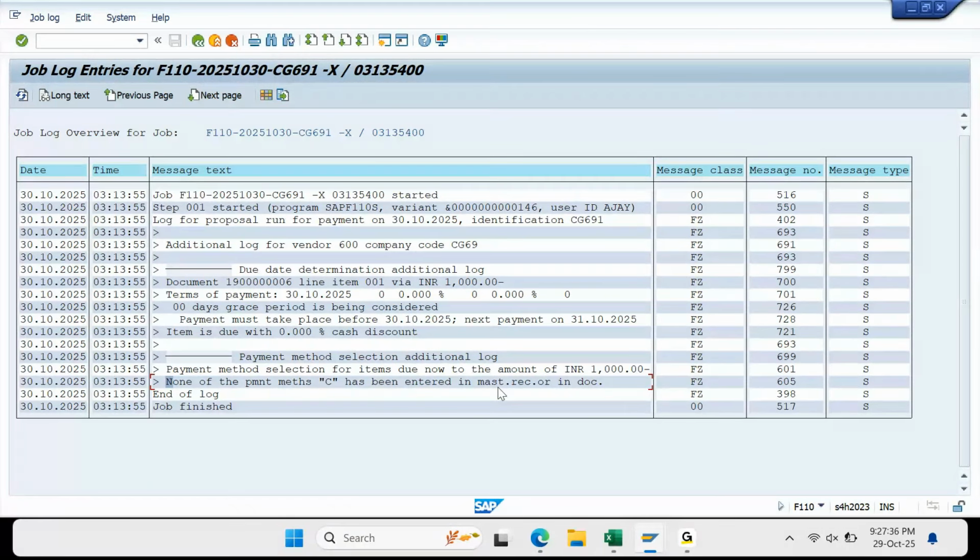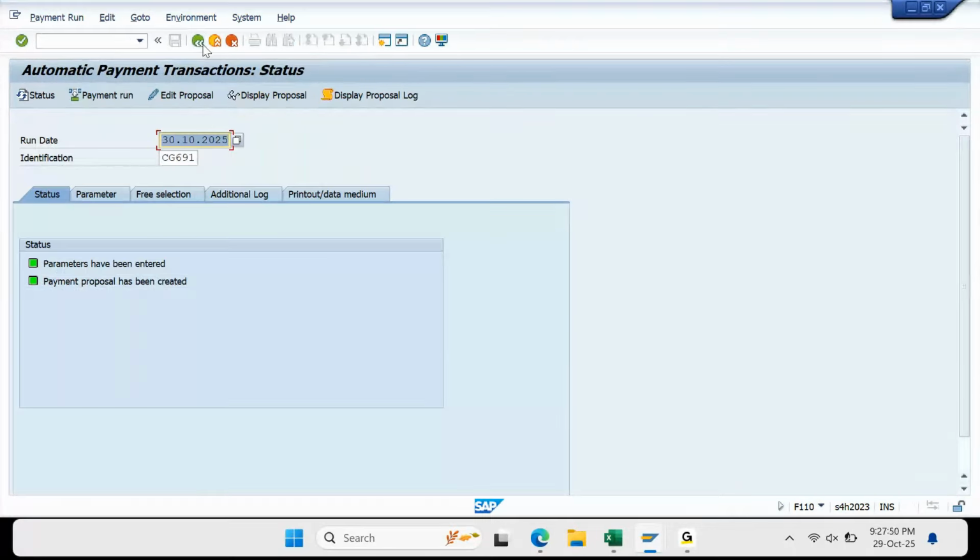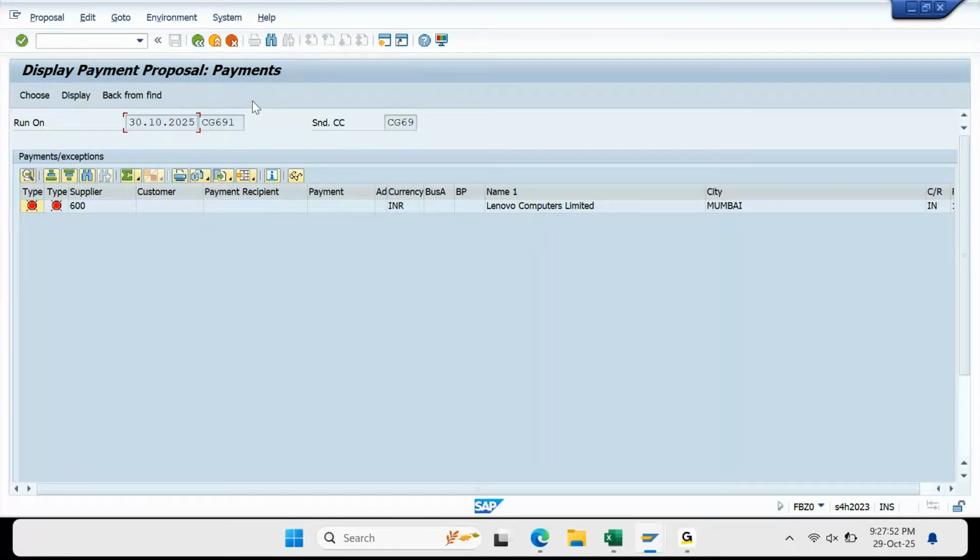Level 1 at the master record, level 2 at what? Document. The invoice document. Transaction is nothing but a document. Now because of this reason your log is red. Yes, sir. It is red because there is no payment method. Now it will be green